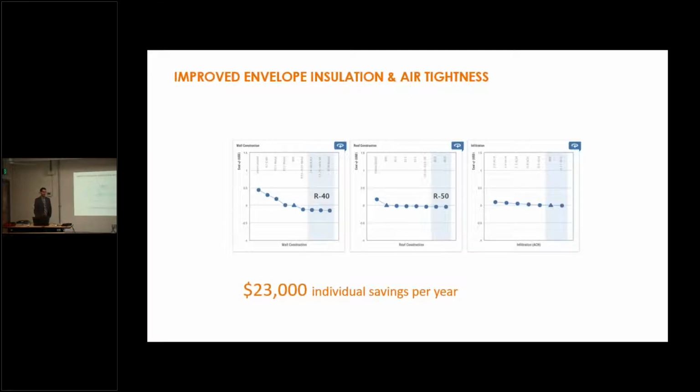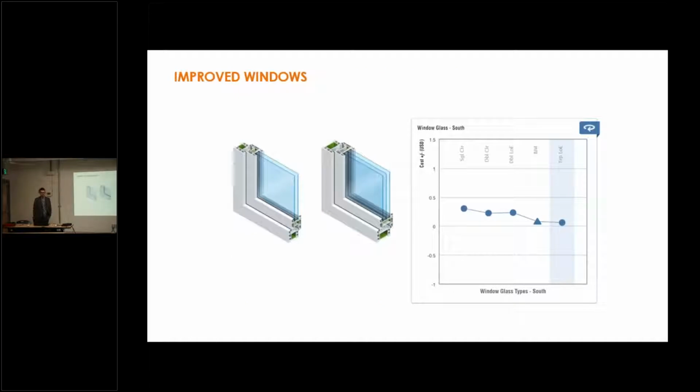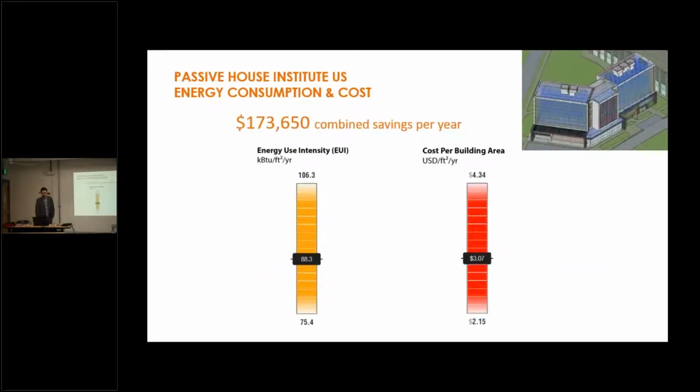This is on top of the code standard, as well as they basically mandate triple pane windows. So another 62,000 from that as well for this climate. So with that, actually that was not on top of the baseline. It was on top of the existing. So combined